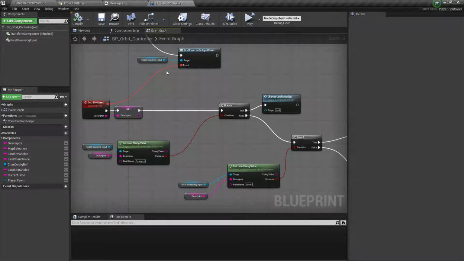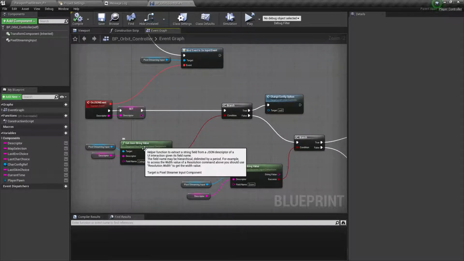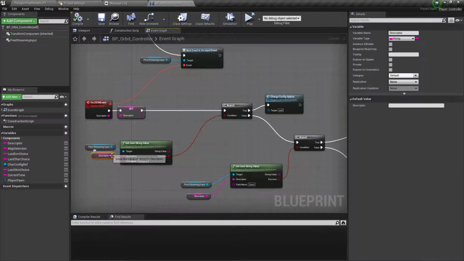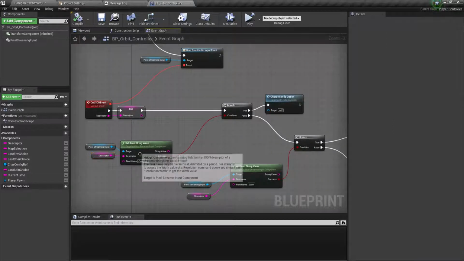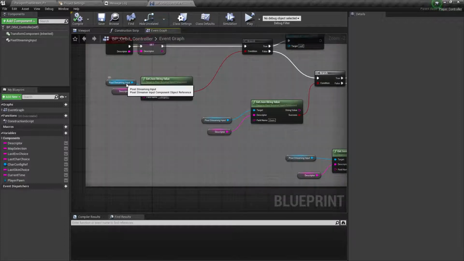Let's start off in Unreal Engine, under the Blueprint controller. What you might have remembered from before, we got a JSON string value called a descriptor from the website, and that later changed the application here in Unreal. Now, what we want to do is use something similar from the Pixel Streamer input component as well.